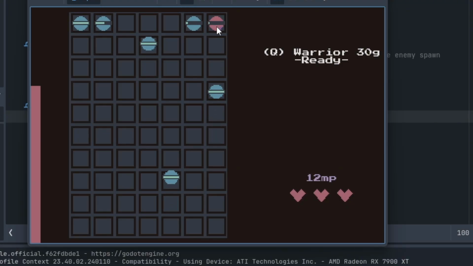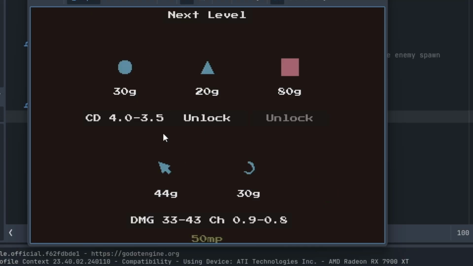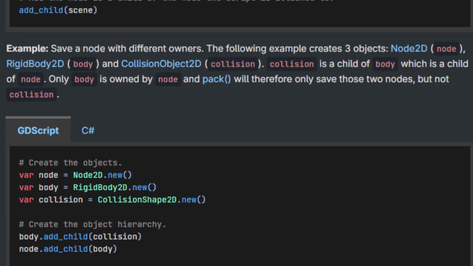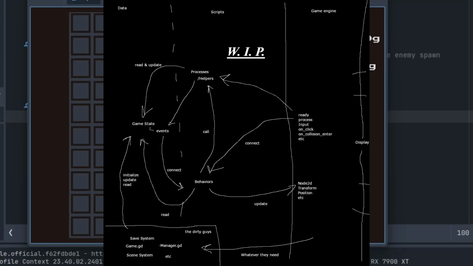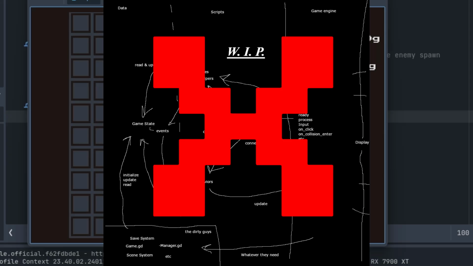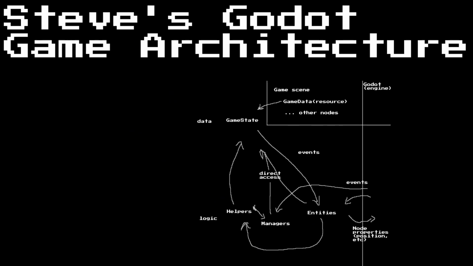Most of this stuff is just going to carry over from my last few projects. Then I thought, well, maybe it would be useful to someone else. And then I wrote this script, and then I found out that you can just pack a scene and boom, it's wonderful. But I had to rethink my entire architecture. So here it is. Steve's Godot game architecture version